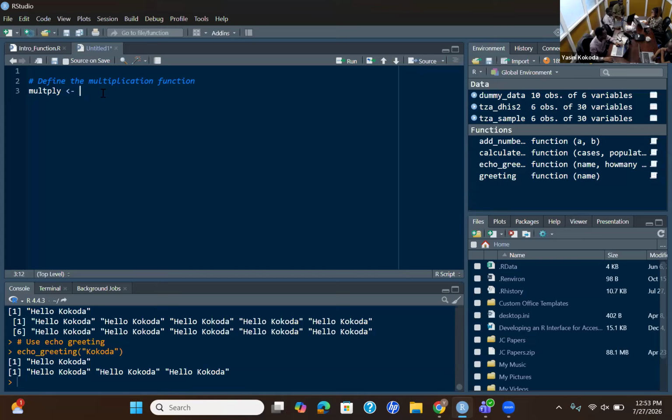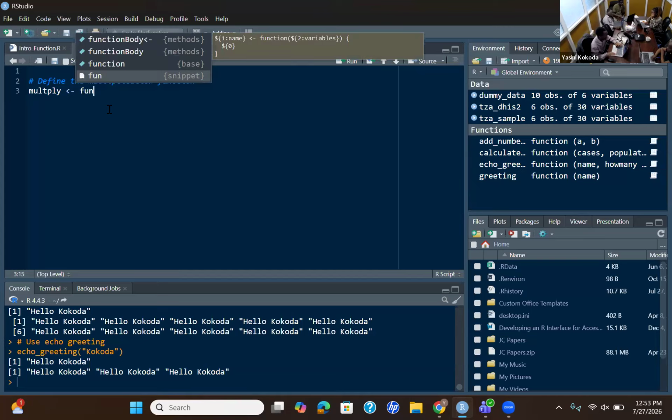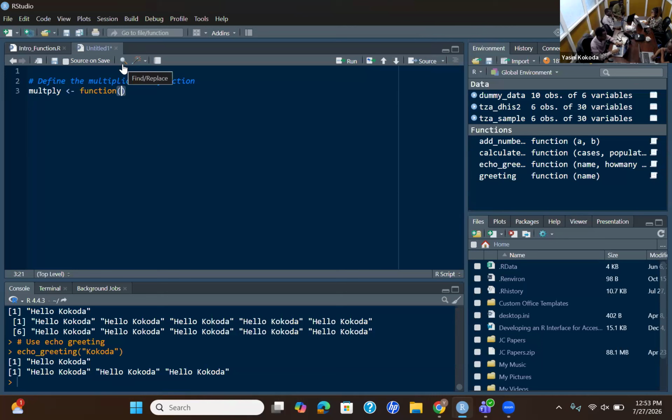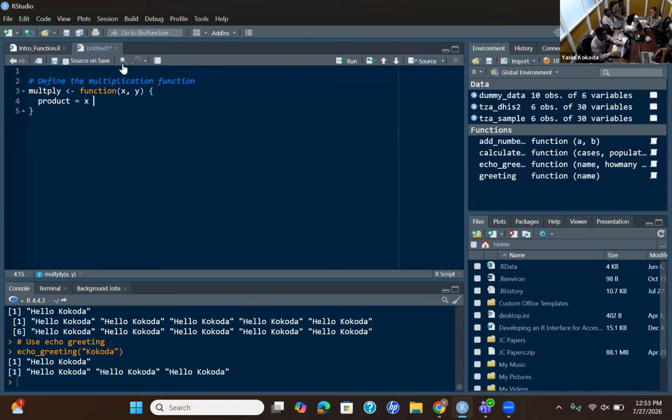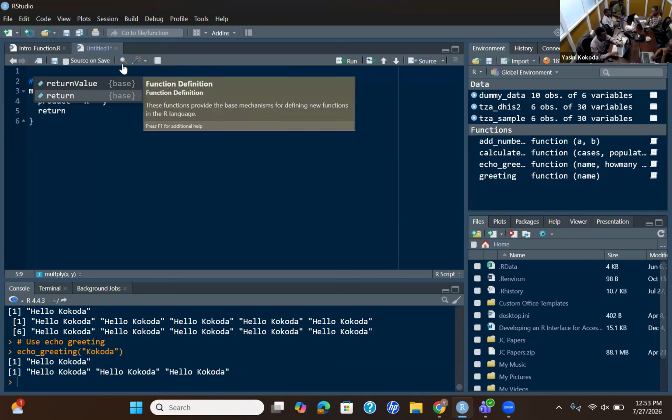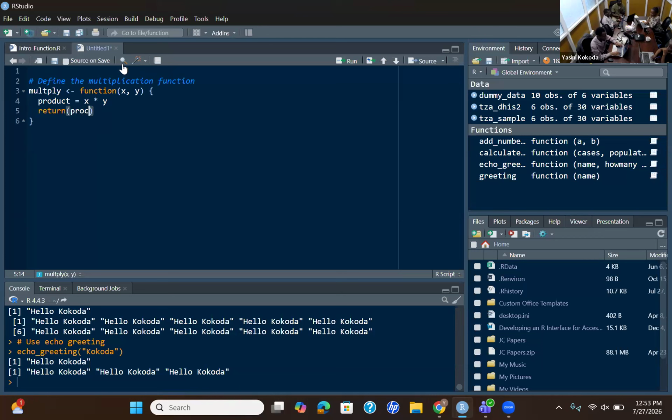It will be a function taking any two numbers, in this case x and y. Then you can tell it product equals x times y. How do you multiply in R? You use star. x star y, and then return product.